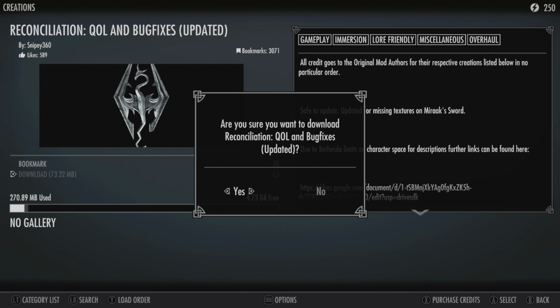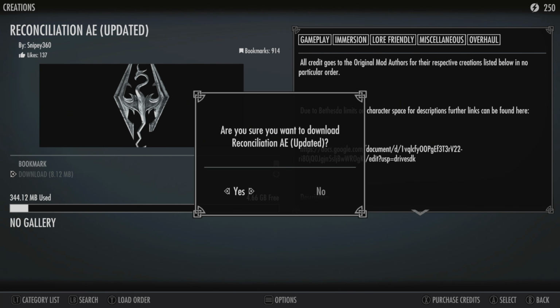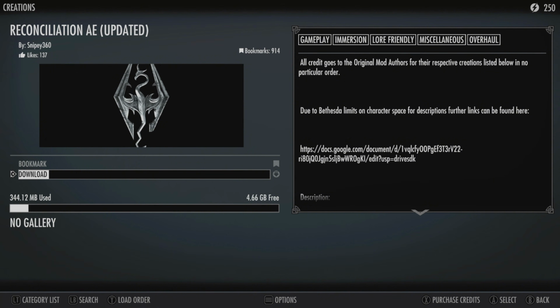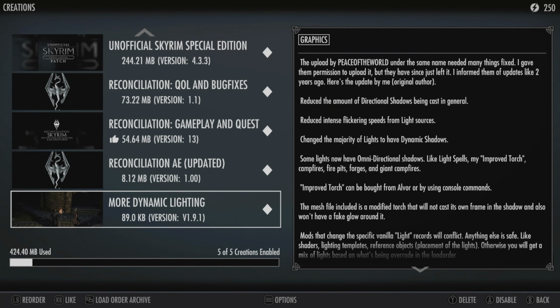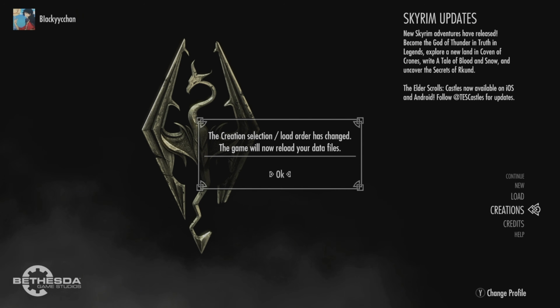Now we're going to download the Reconciliation series to further patch and fix the game. This can be looked at as another unofficial Skyrim patch. This is one half of our foundation. You can use these mods in every graphical load order if you wish. These mods are so good at what they do, they should become a staple part of your load orders regardless of the style. So to apply all the changes that we made, we're going to back out and go back